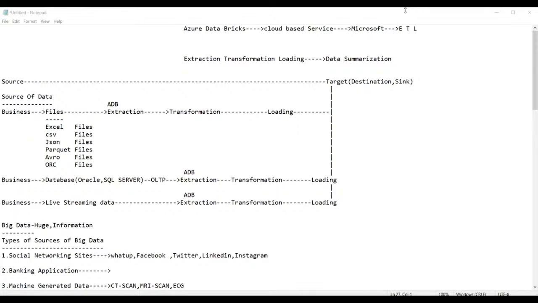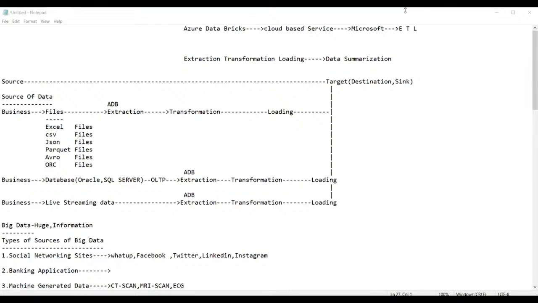To be an Azure data engineer, what services do we need to know? If you know ADF, you are called an Azure data engineer. If you know ADB, you are also called an Azure data engineer. If you know Synapse, you will also be called an Azure data engineer. Either one should be fine, right? I heard ADF is an ETL tool, and you mentioned ADB is also an ETL tool.